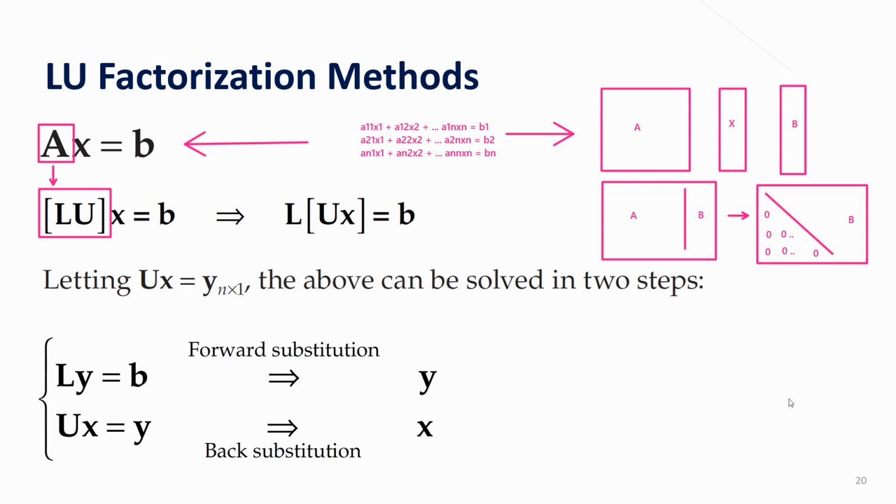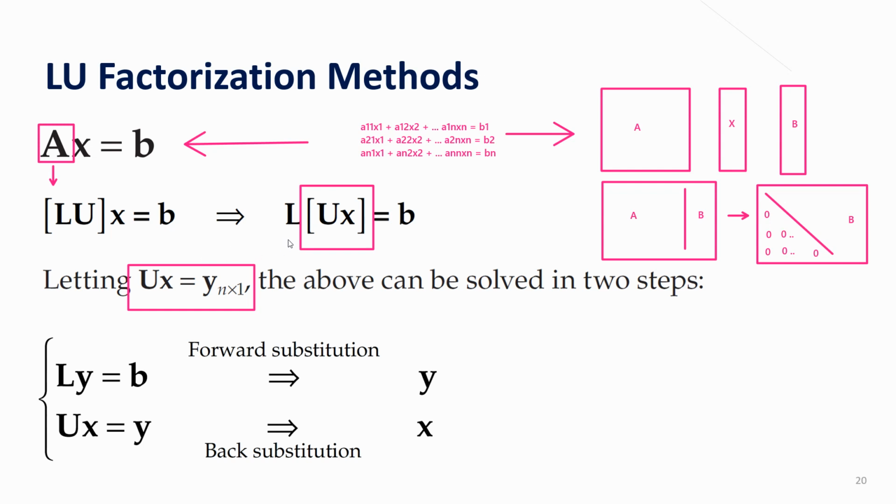Okay, and then how would you substitute back later on? We need two steps before we can substitute back. So now, after we assume that A equals LU, you have L multiplied by U multiplied by X equals B, right? Now if you assume that U multiplied by X equals Y,